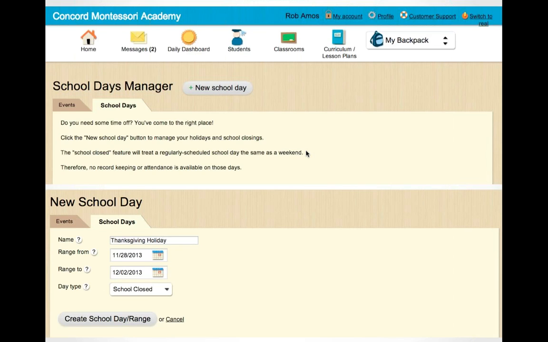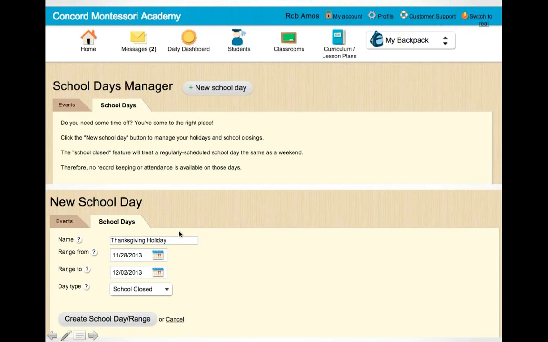And two things are going to happen here. It's going to go ahead and number one, be posted to the calendar so everybody knows that the school's closed today. And then number two, it's going to disable record keeping. It basically freezes the record keeping, so you can't do attendance or record keeping on a day when the school is going to be closed. So that maintains the accuracy of your data. So you can't mark a student as absent on a day when it's a snow day or it's a Thanksgiving or something like that.